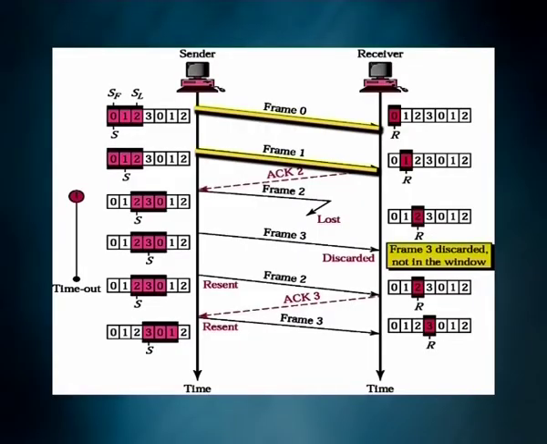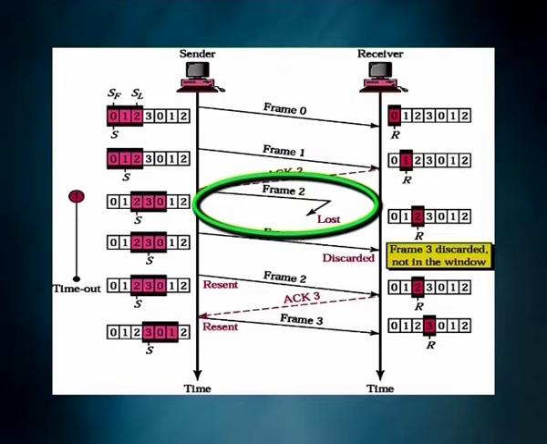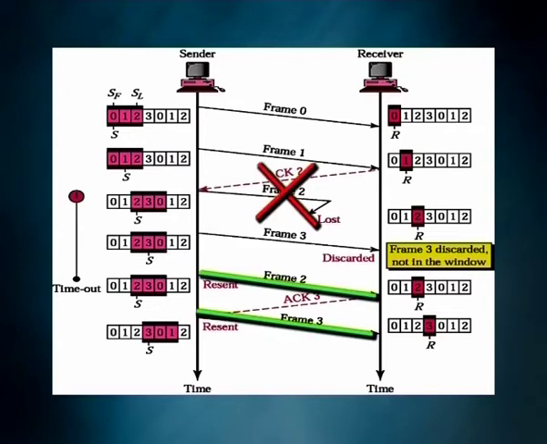See the figure. In this figure, frames 0 and 1 are received and acknowledged, but there is a problem in transmission of frame 2. Frame 2 is lost on the way. So the receiver will not acknowledge frame 2. When timeout occurs and the transmitter still has not received acknowledgement for frame 2, the transmitter will go back to frame 2 and will transmit frames 2, 3 and so on.